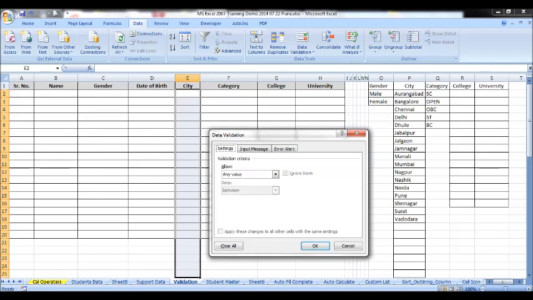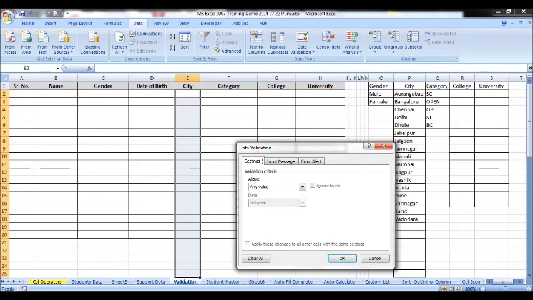By default, the Data Validation window will appear with any value allowed for data entry. We want to have a specific list, so select List. Here we have to identify a source. We want to define a source from where the city to be entered in column E.